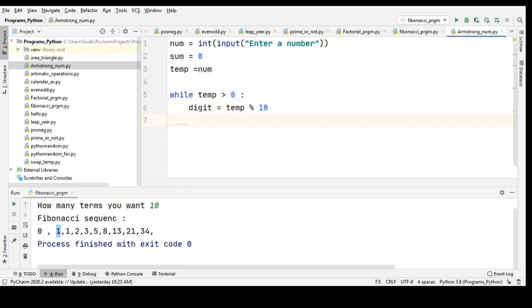So next thing I'm gonna write is sum is equals to sum plus digit. Whatever the value I get there, I'm gonna multiply it, the digit being multiplied into 3. So sum is equals to sum plus digit into 3. I can write it either way, sum plus equals, or sum equals sum plus digit into 3. Next thing I'm gonna take up the temp variable and divide it with 10,